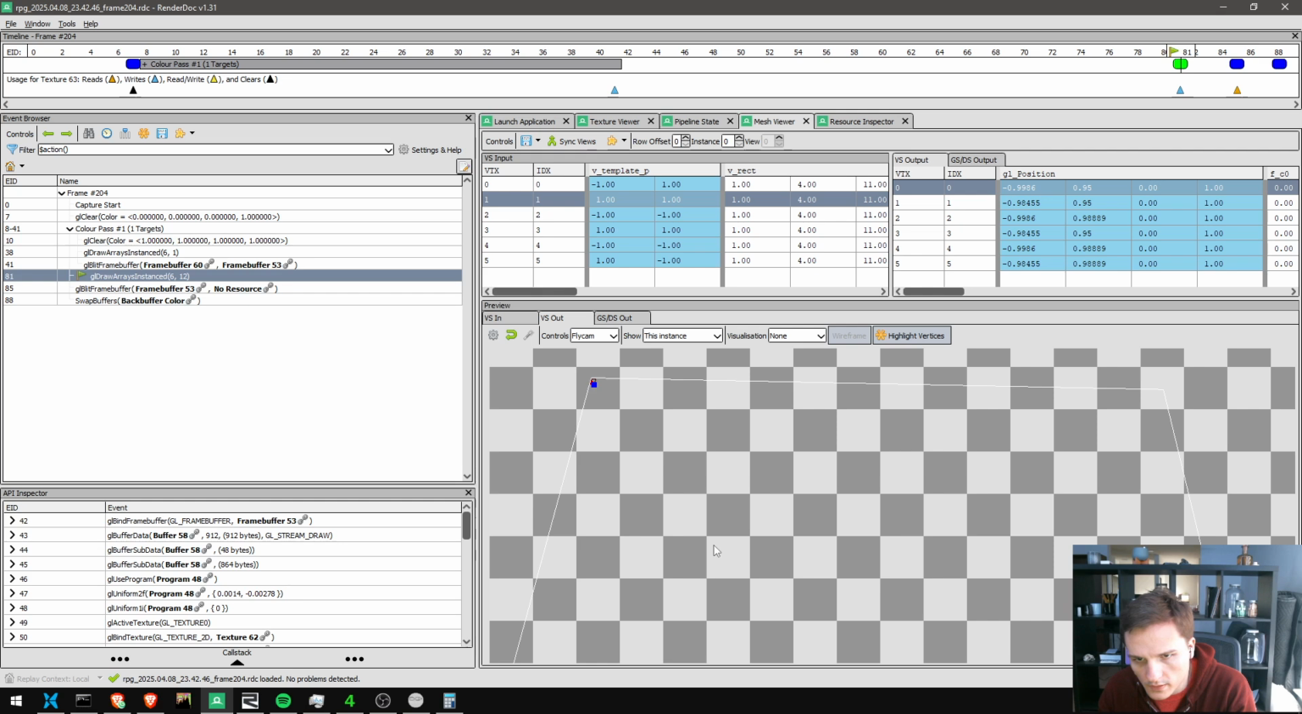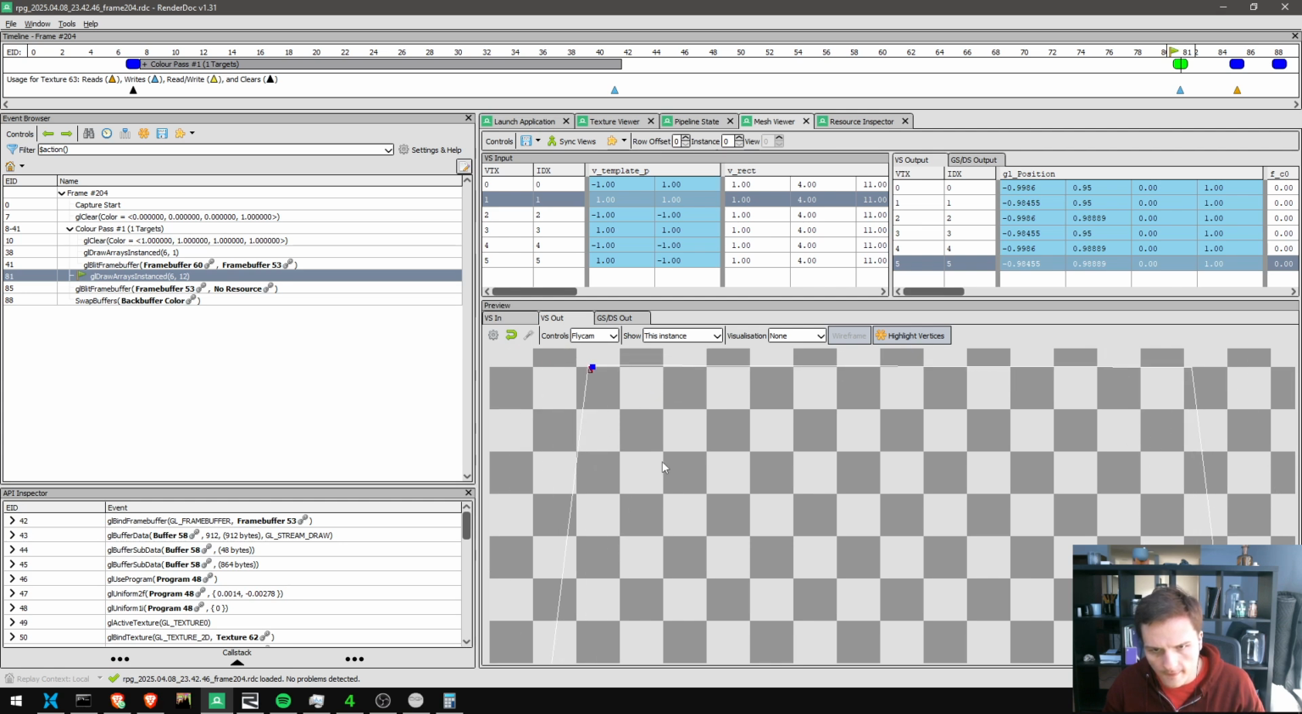What is this? This is strange. Why can't I zoom in on this better? I don't know what this is. I don't know how to. There we go. Yeah, so it's putting geometry down in the right spot, but it looks like